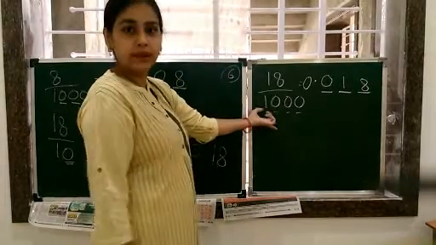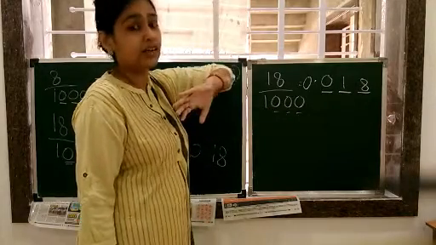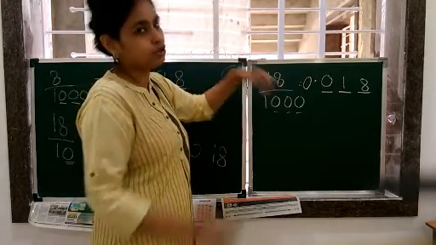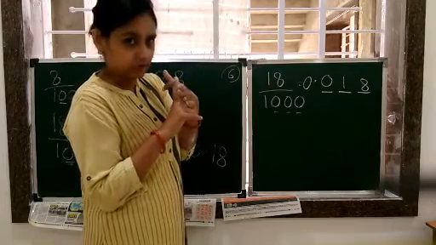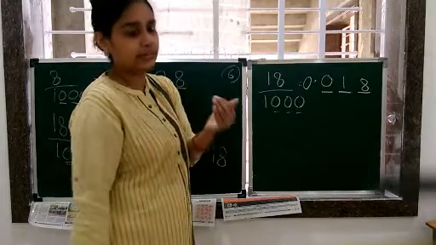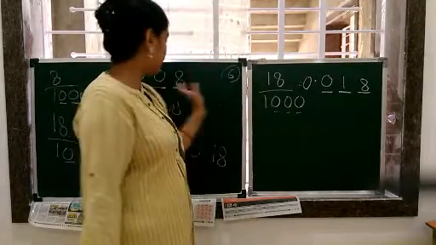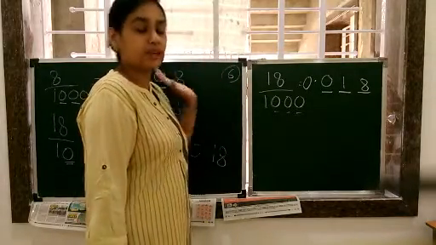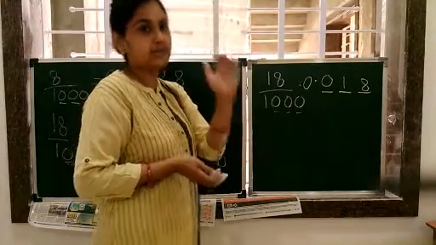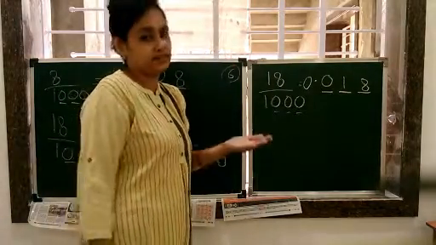So this was very simple. Whenever fractions are to be converted into decimals, you always see that the denominator has to be either a 10 or a 100 or a 1000. Okay? You cannot take 20, 30. Got it? Because you cannot divide them into parts. That's why I showed you the figure when we started today's segment. It has to be in hundreds, thousands, tens, ones, tenths, hundredths. Got it, children?